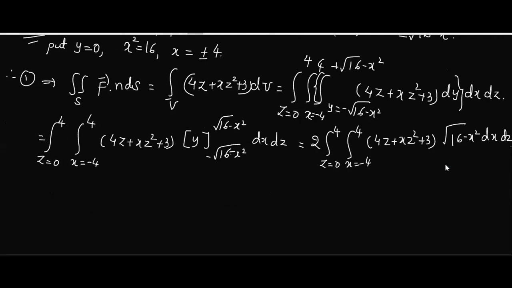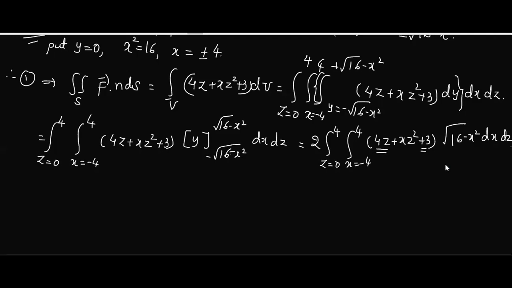Agree? Like in the previous example, we had z term different and x term different. So we separated. Am I right? If you have a solution in your hand, you can just check with that in the book. Here it is difficult. So what I'm going to do is, tell me which is the term in this bracket which is not containing x. 4z and 3.